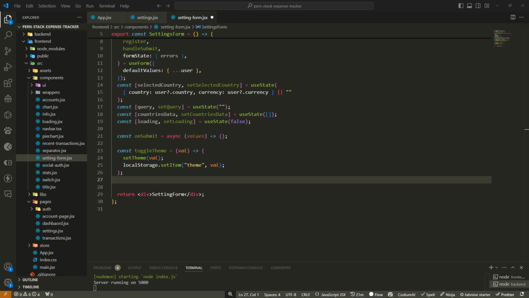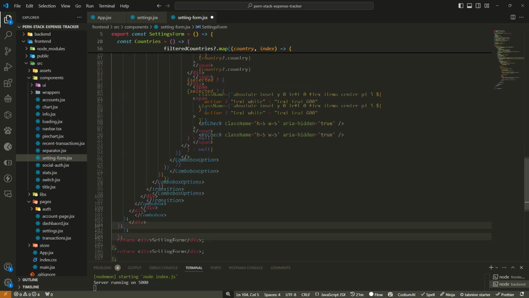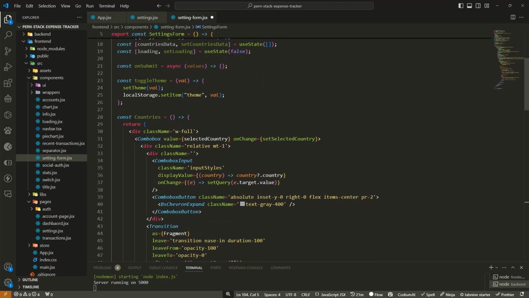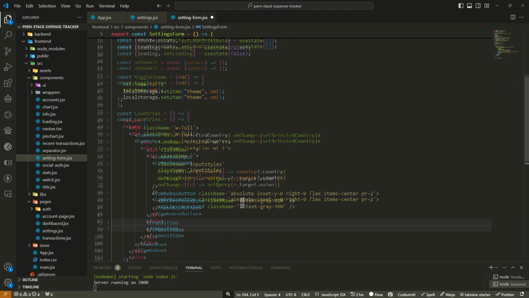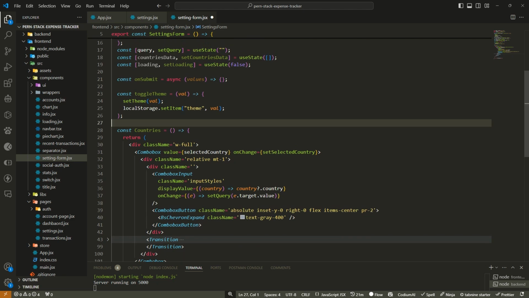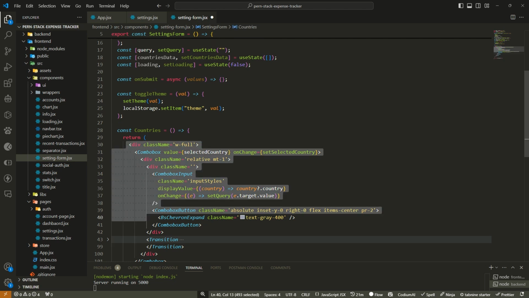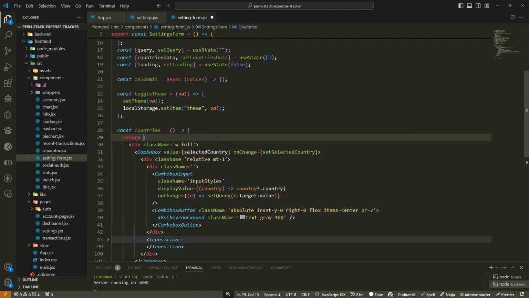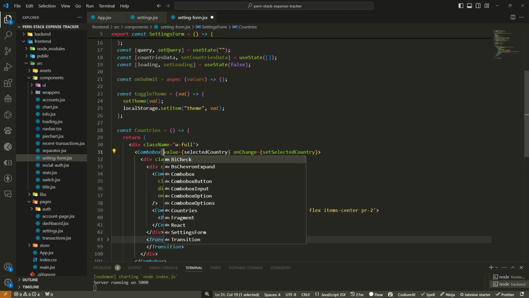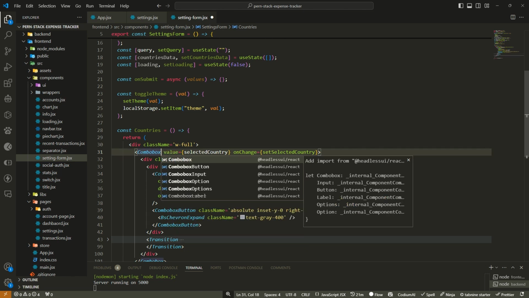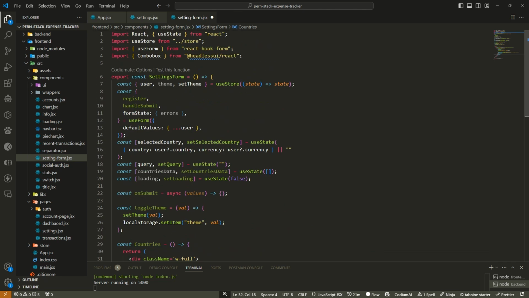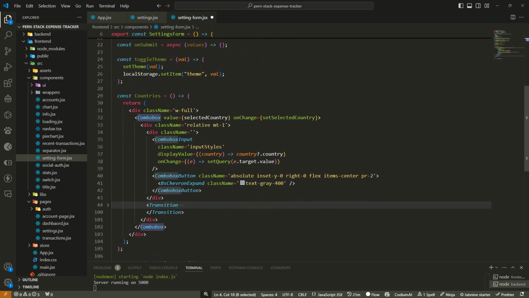Okay, so I just want to bring the country's component. So I'll just paste this one here and let's go over it. I know it's a lot, but let's try to go over it. In the country's data here, we are creating a component which returns this JSX. And we are using a combo box from headless UI. So make sure you import the combo box from headless UI here. Great. Now I'm passing the selected country to it,